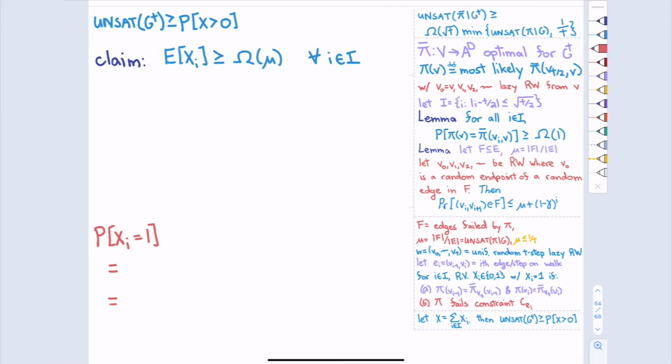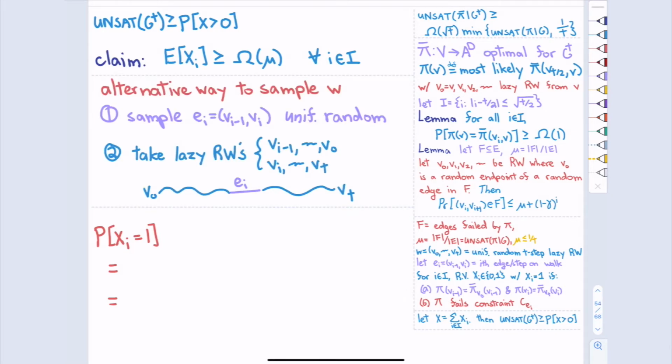So here's what we do. All this is based on a uniformly random sampled random walk in G. What we're going to do is generate the random walk maybe in a different way. This would also work. Suppose I sample the ith edge first. So I choose v_{i-1} and v_i first, including also the direction. So you choose the edge and you choose the orientation randomly. I'll choose that middle edge that I'm analyzing right now first, and then I'll figure out the random walk backwards and the random walk forwards.